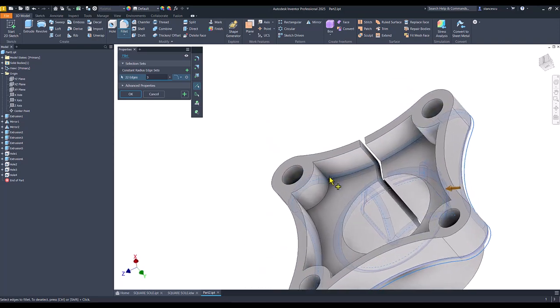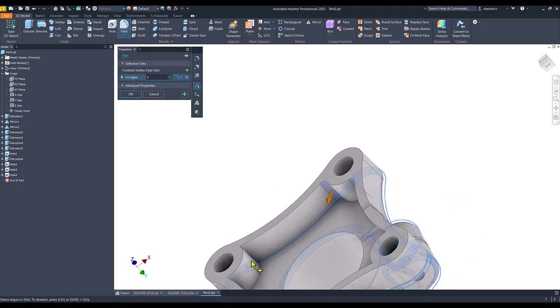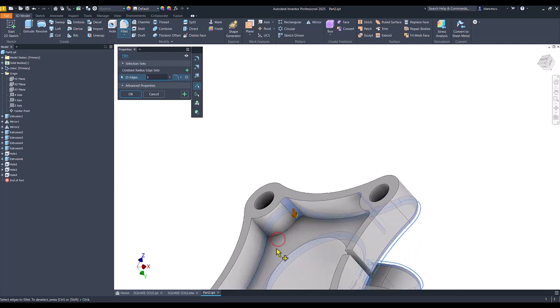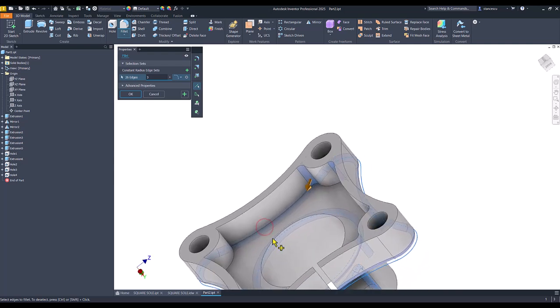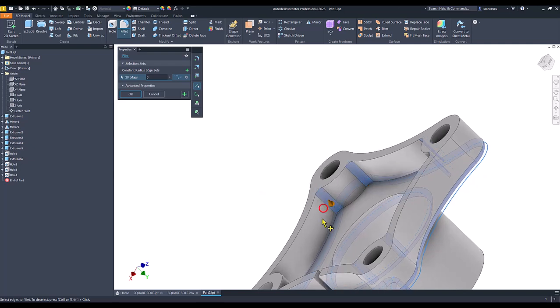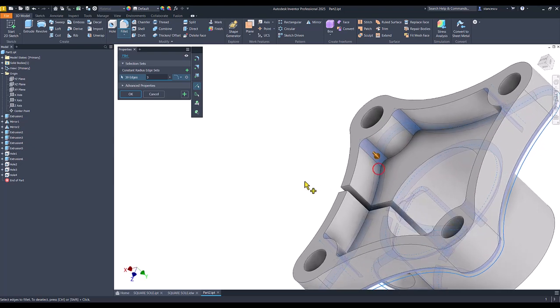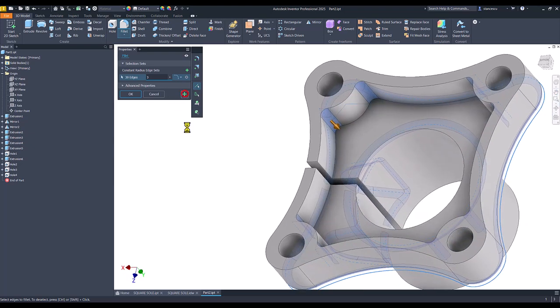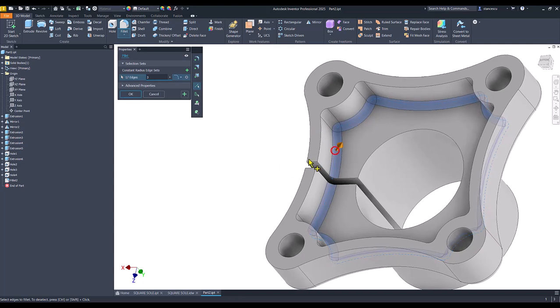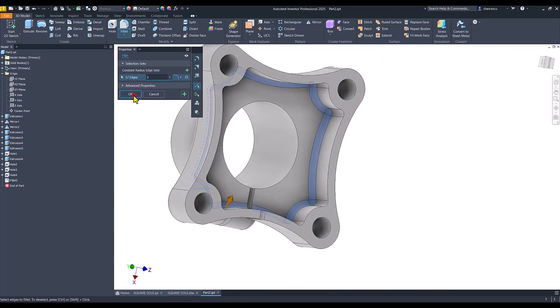We go to the internal edges and we apply fillets all over, and we finish with plus all this contour. Okay,